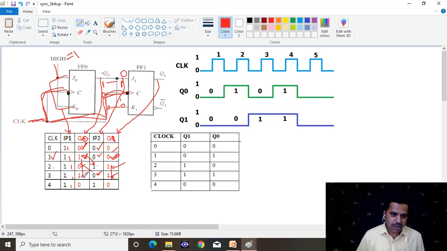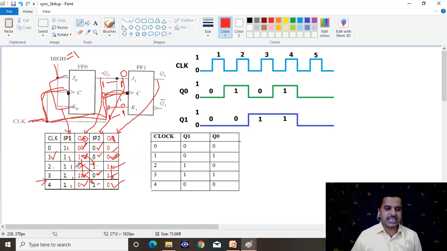Then next, the output of the first flip-flop is applied to the input of the second flip-flop before the fourth clock pulse. That is 1. It becomes 1 to the second flip-flop. When the fourth clock pulse is applied, again it changes state. 1 becomes 0. What is the input to this second flip-flop? 1. Again it changes the state. What is the previous state? 1. That becomes 0.